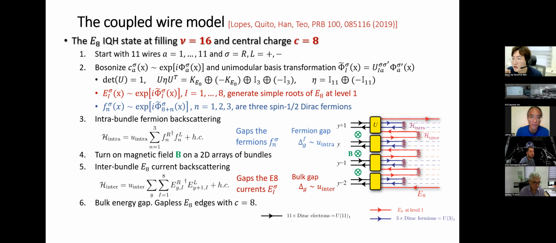So for example, in our case in the paper that we published a few years ago, that's a superconducting phase. So you will still have the E8 phase. You will still have bosonic excitations, so it's still a bosonic topological phase. But the charge part is just gone if you violate charge conservation. So in this case, I focus on both charge and energy conservation because I want to make connection to the Landau level or quantum Hall states. But in general, if you just focus on topology, that's not a necessary requirement.